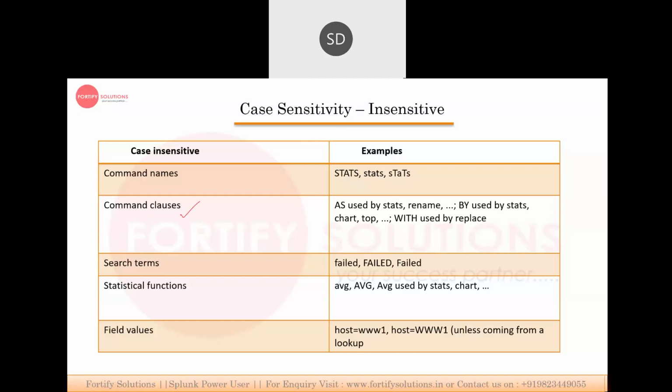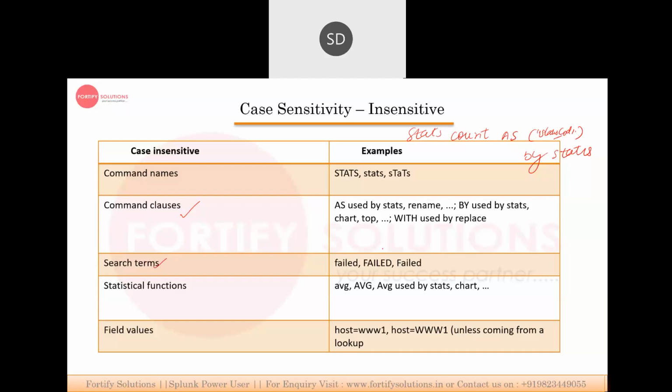What do the command clauses mean? Let's suppose we used to search stats count by. Let's suppose I want to change the title. We can put the title and then search by a particular thing, by status. I can put there status code, so it will search as a status code, but these clauses help me to replace it with a specific word. AS and BY, we use the two clauses here.